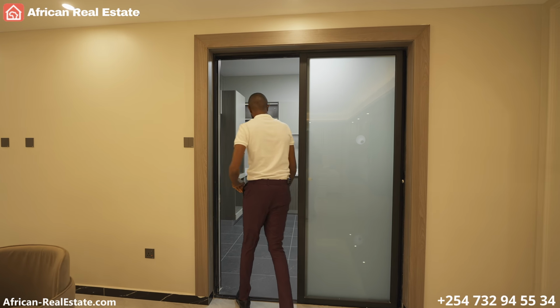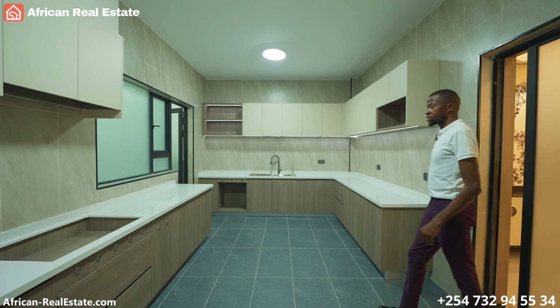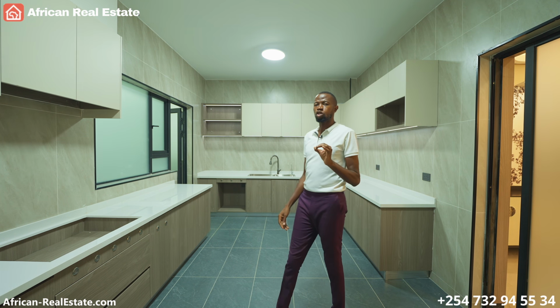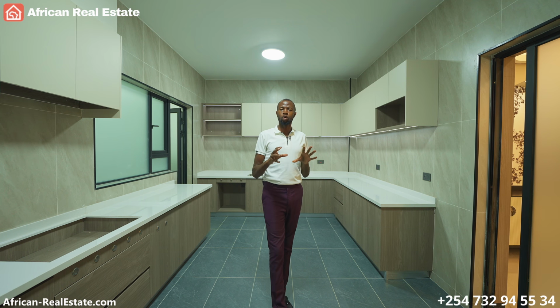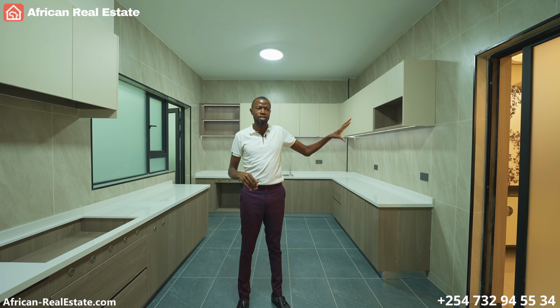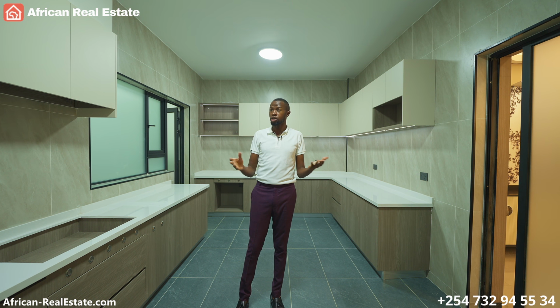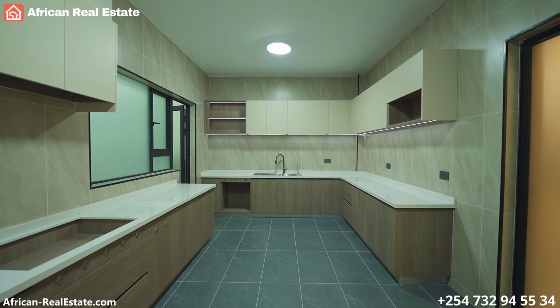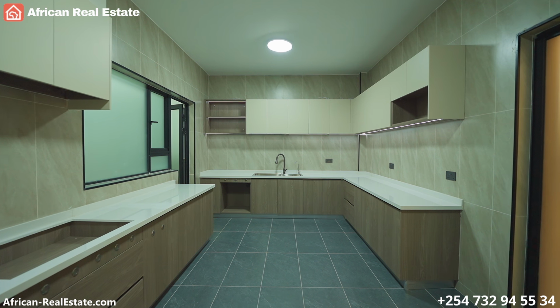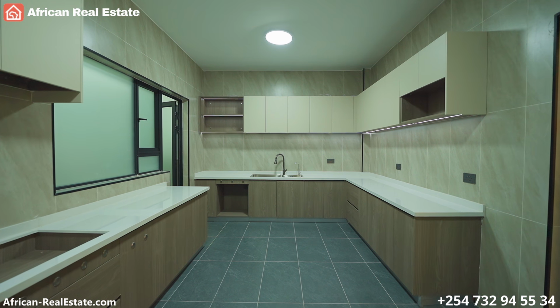Welcome to the kitchen. Wow, wow, wow. This is very interesting. I'm loving how the developer was able to maintain the quality that you get in the living room and the other spaces to the kitchen, because most developers don't know how to do kitchens. Look at it. The balance of colors is very nice, and you're getting lower and upper cabinets that come in